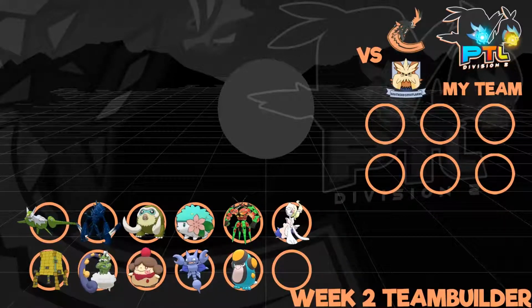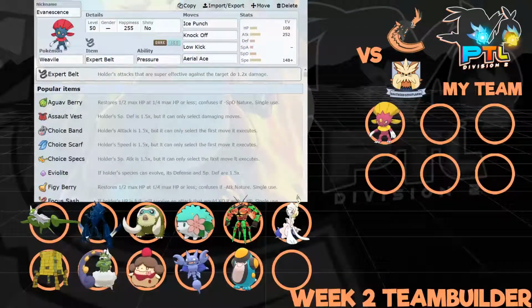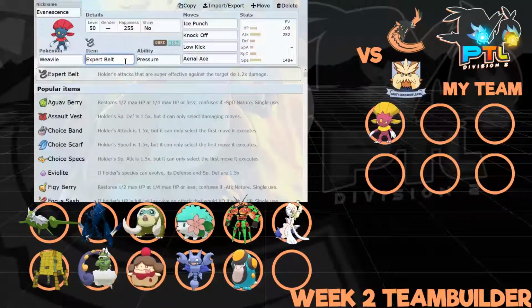My team loves dual Psychics, and you'll see because I am starting out with Weavile, Edgelord, Evanescence, the Weavile. So I'm actually running an Expert Belt set. I don't like running Life Orb just because otherwise Weavile gets worn down way too easily, and